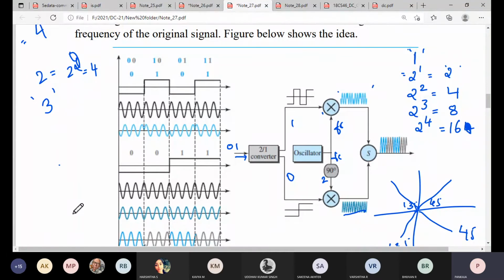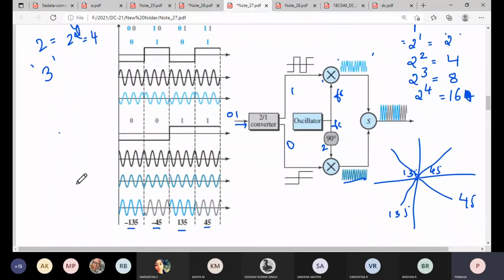Actually, an EC student will be learning with a lot of equations and all. For you people, it's not required so much. How it is done, how degree shifted. Degree means in terms of sine and cosine it can be represented. They will be having a lot of derivation for this, so all that is not required. Just understand theoretically how it works.